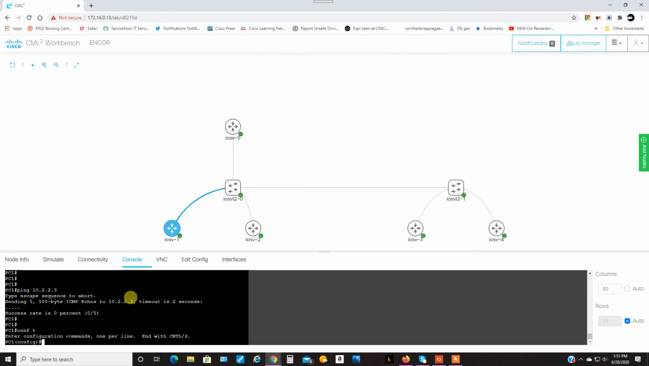We're just going to create a default route. It's the same thing as creating a default gateway on your PC. And then we're going to send it to